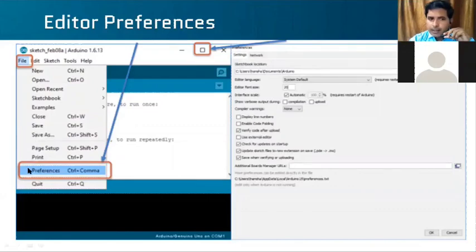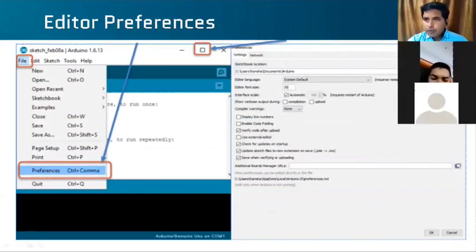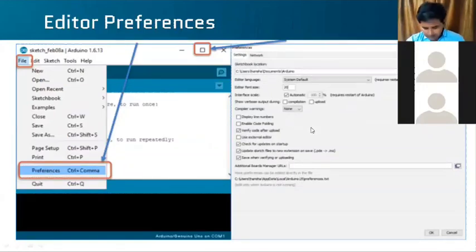And there is an option called Preference. If you click Preference in File, one window will open. There are many options in the preference, but no need to worry. It is a little blurry here. When we do the programming, I'll show it directly and open the model. So just in the slide, it is blurry.